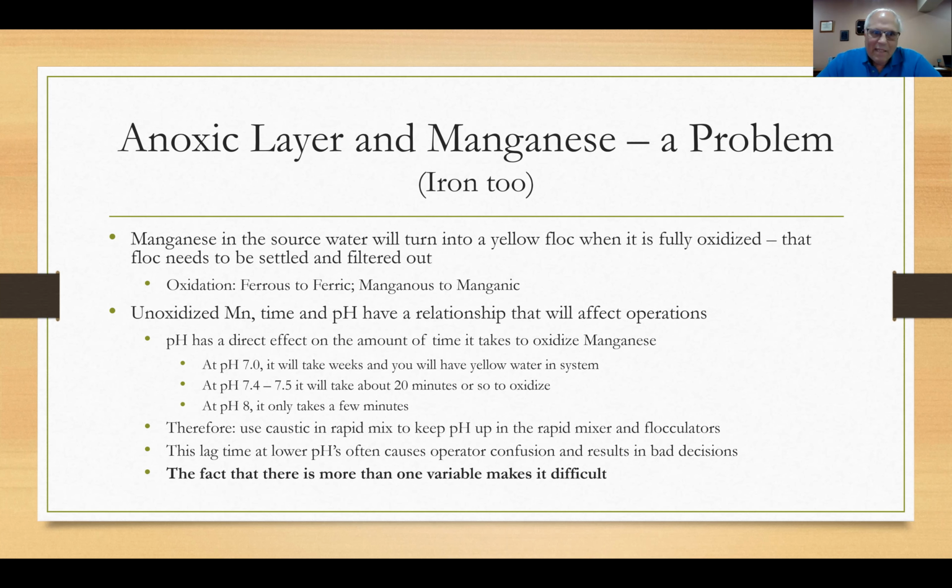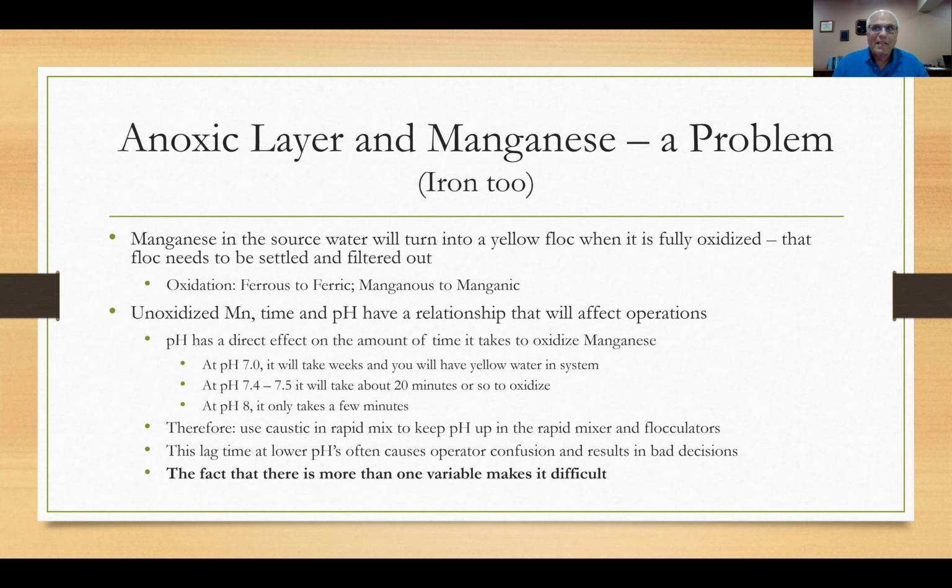Now, when it comes to unoxidized manganese, time and pH have a relationship that is going to affect your operations, and that's where we see operators getting into trouble these days because these things are happening more frequently. pH has a direct effect on the amount of time that it takes to oxidize manganese. And remember,